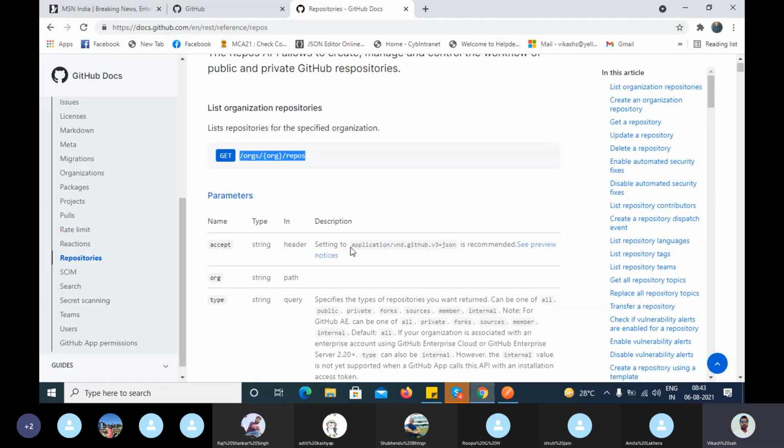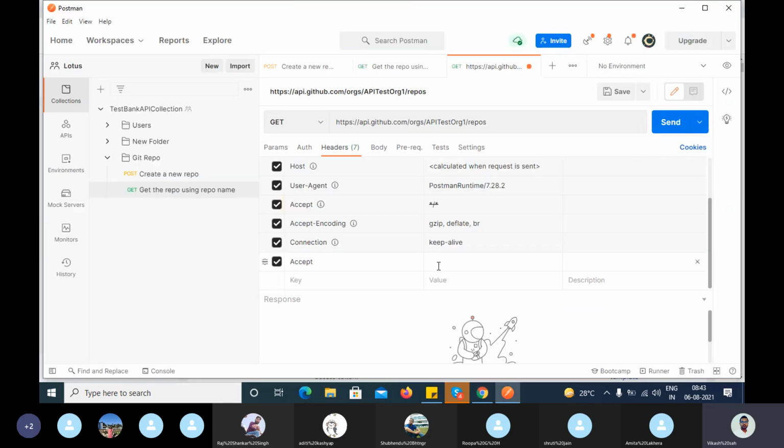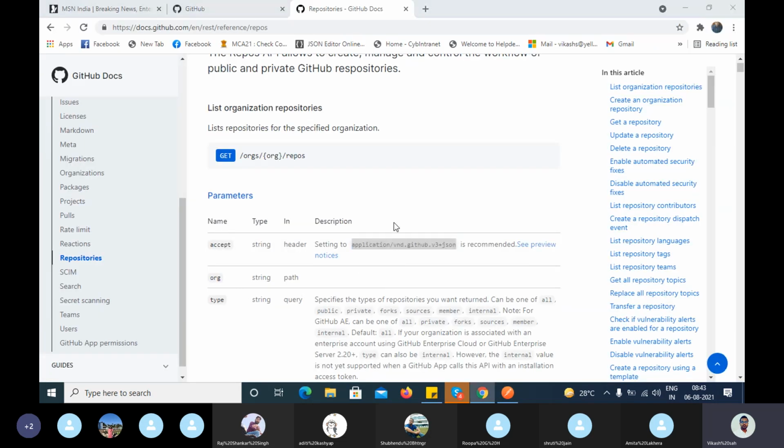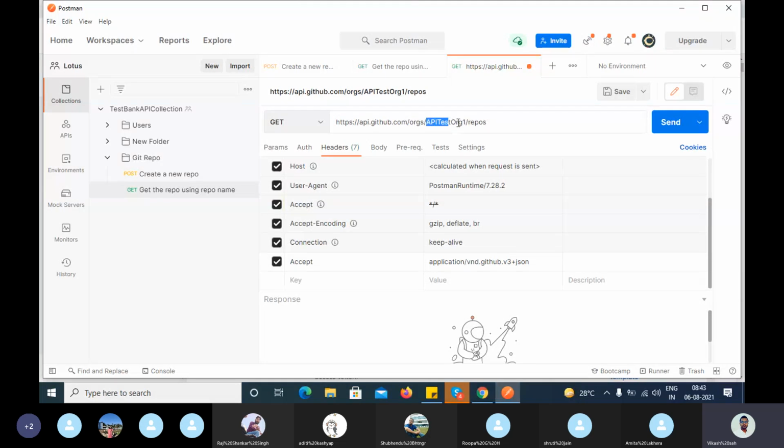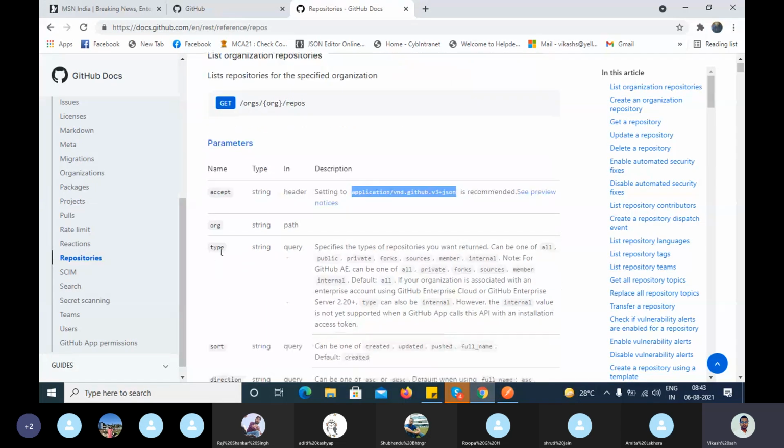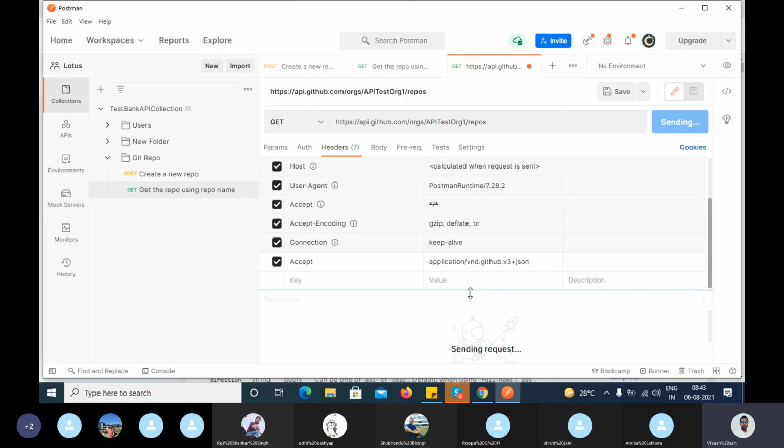Okay, you select this value, whatever they have provided. You can copy this value, go and paste it here. Now the organization is already defined in the URL, right? Now the type. Okay, we will not discuss the type. Actually, we will discuss up to it. So now you can see if I call this thing,